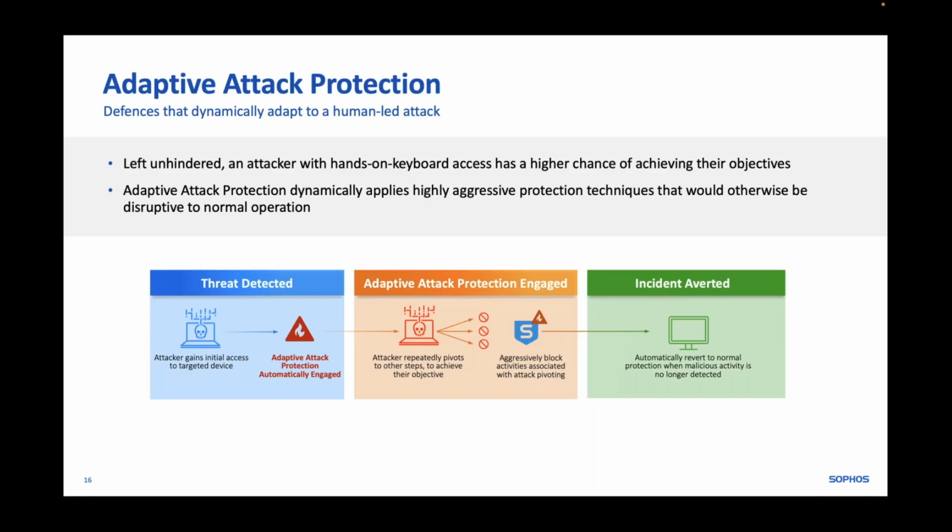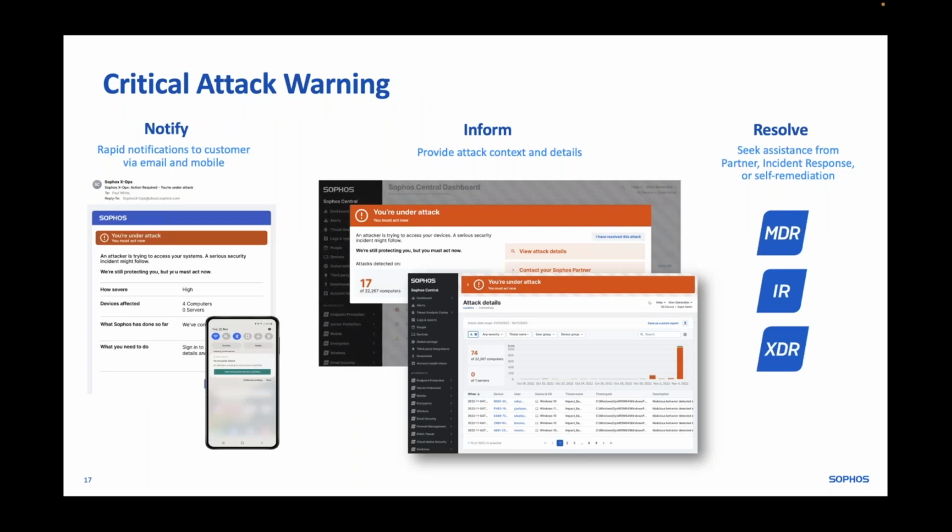So this is a very powerful way of mitigating the fact that if you're up against an active adversary who is very determined, they will eventually find a way. This is reducing that luxury of time, taking the tools that the cyber criminals need in order to move around the estate, and then really just making it too difficult, tar pitting the attack effectively to the point where the cyber criminals will move on to another victim. So another nice little add-on. I should add, by the way, that both of these features are standard within Intercept X, and if you've been a customer for a long time, these are features that are enabled by default once they've been rolled out.